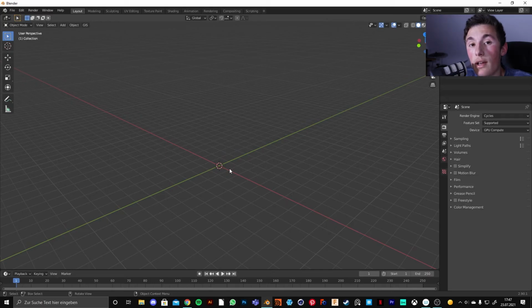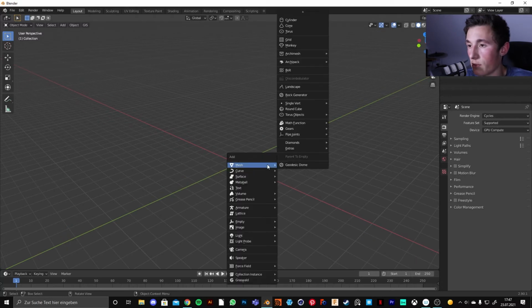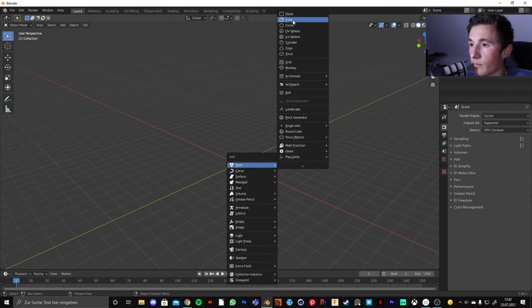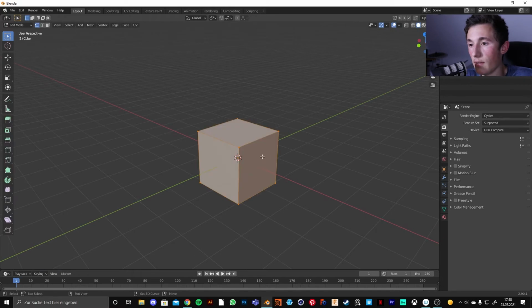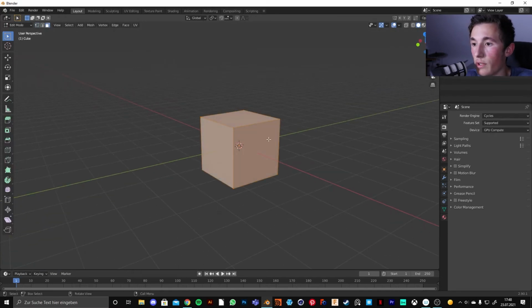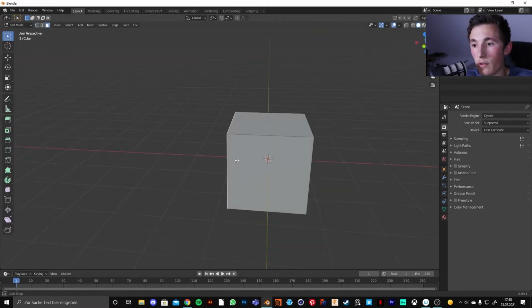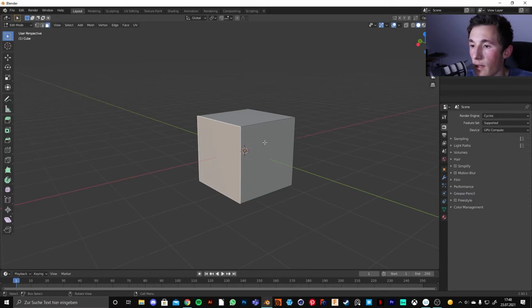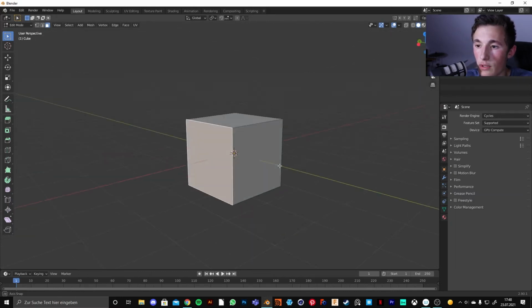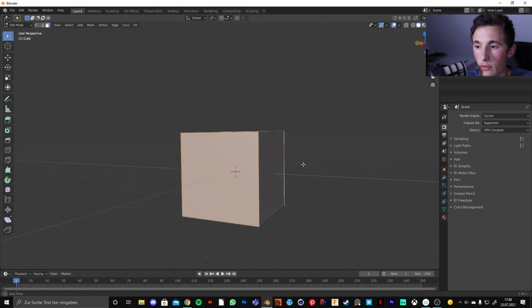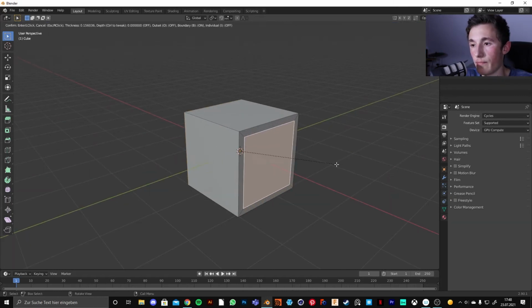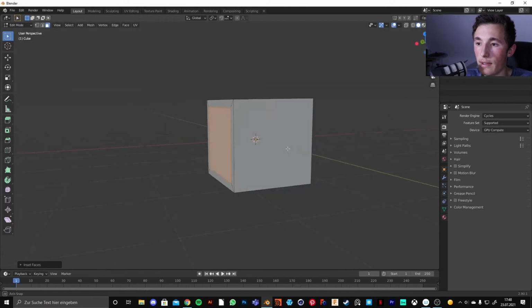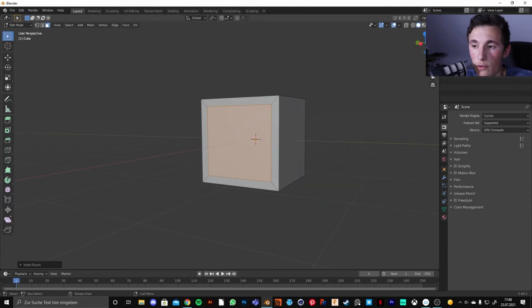So the next tip that I have for you is actually a modeling tip, and for that I would just create a simple cube, and let's say we want a hole inside of the cube, so we want this cube basically to be hollow on the one side. And the way that we would do this is to select both of those sides in edit mode and maybe inset them a little bit, and now we want basically a tunnel from this face to